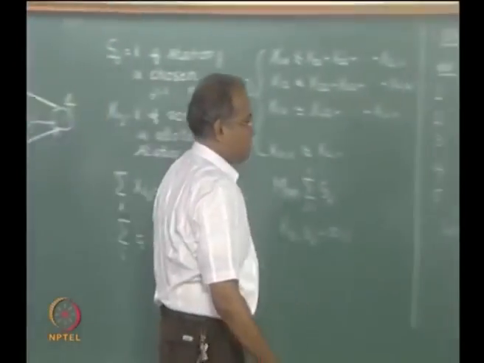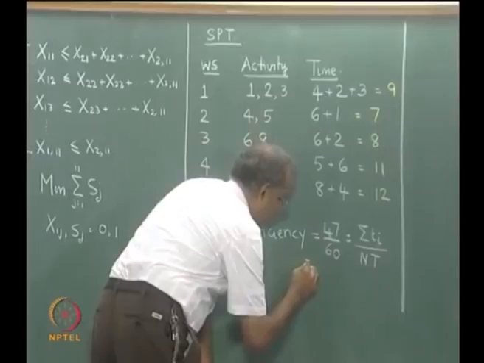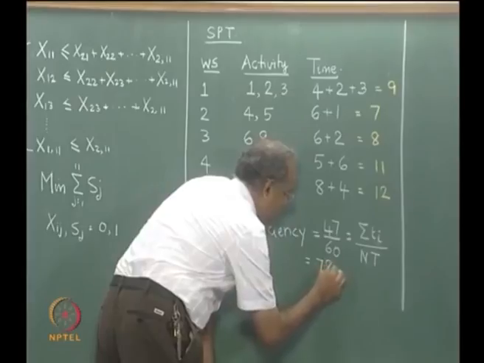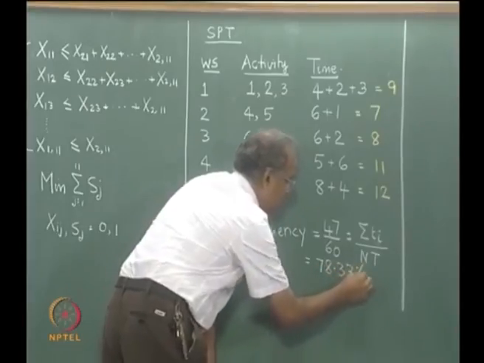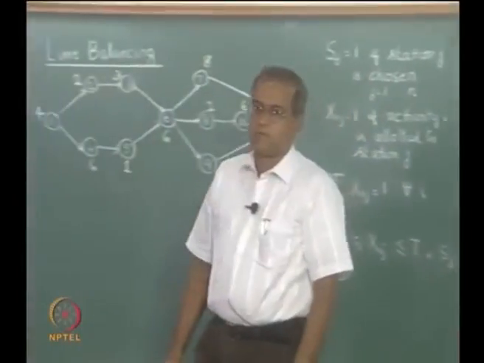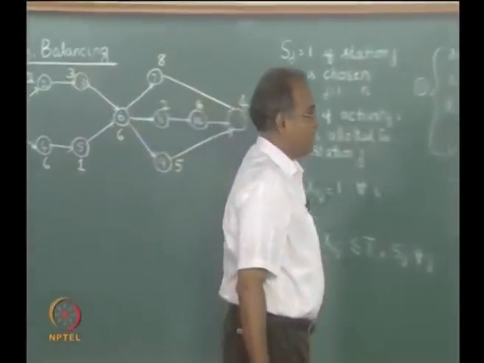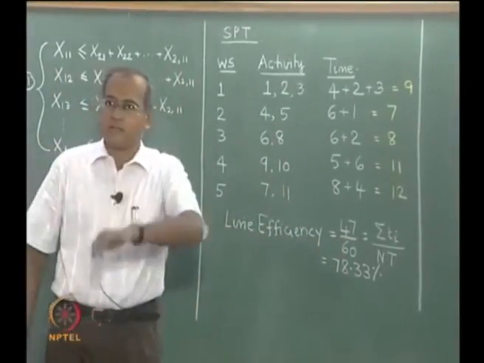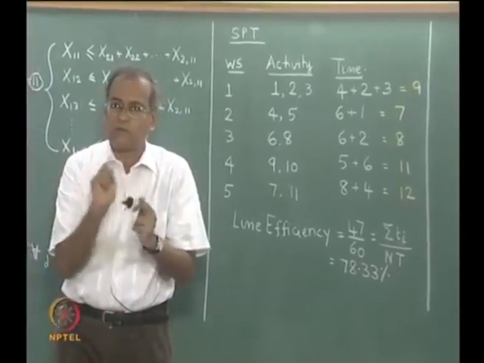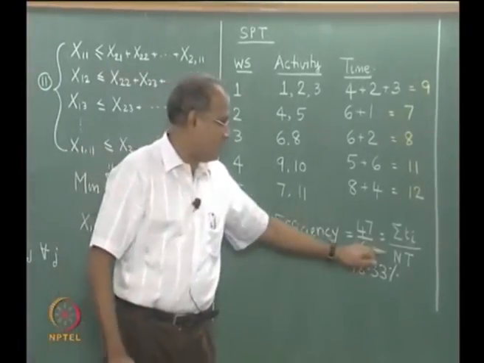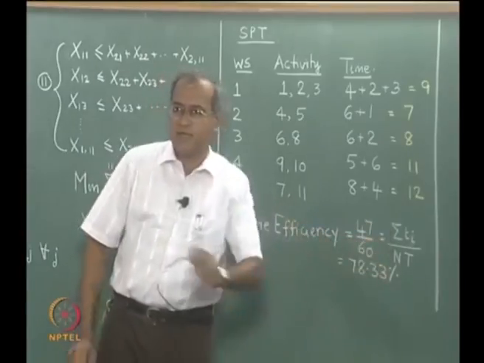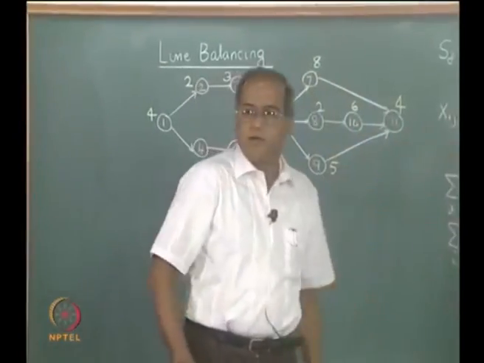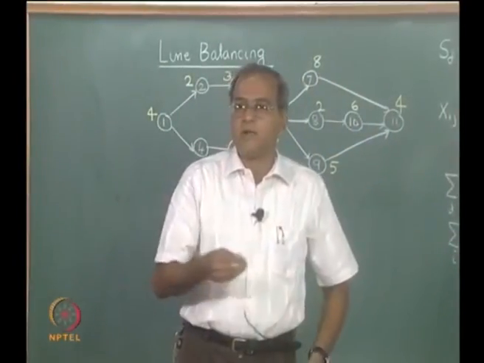So this is 47 by 60. So dividing, 6 sevens are 42, 50, 6 eights are 48. So line efficiency is 78.33%. We also realize that in the line efficiency equation, the numerator is a constant and the actual variable comes only in the denominator with this n, because this is a constant and this n and T, depending on capital T, the n gets defined. So the actual measure is dependent only on the denominator and not on the numerator.